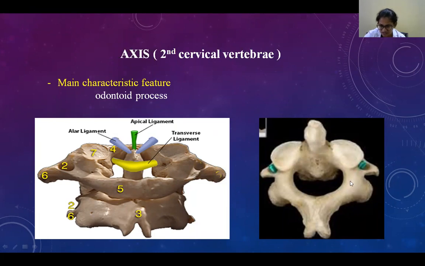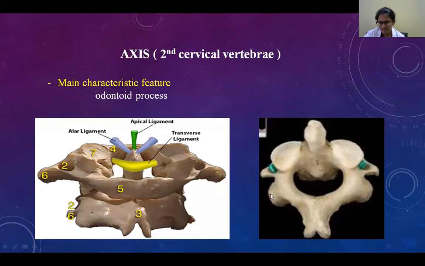And next, these are the laminae. These laminae are thick and long. They fuse together and form a spinous process in the midline. This spinous process is bifid and ends as tubercles. These two are the tubercles of the spinous process, and between them is a deep notch. This is the deep notch. It is called a bifid spine.